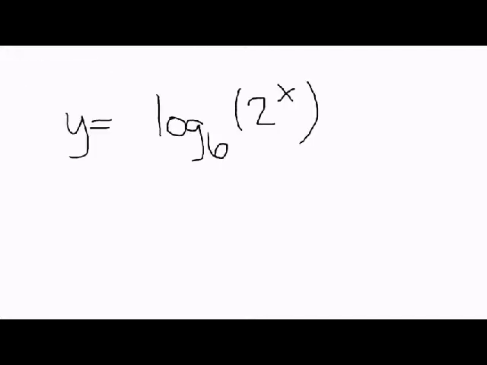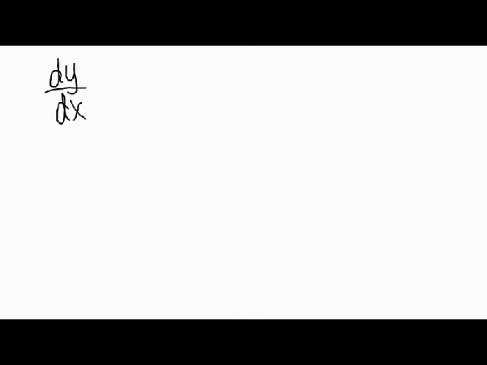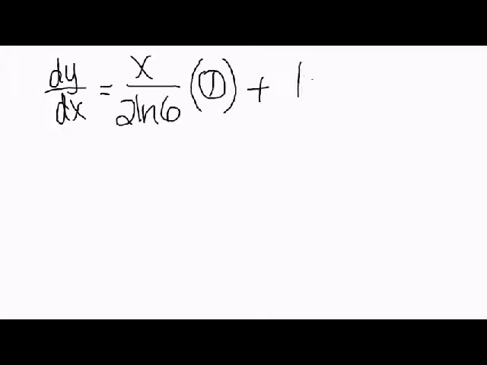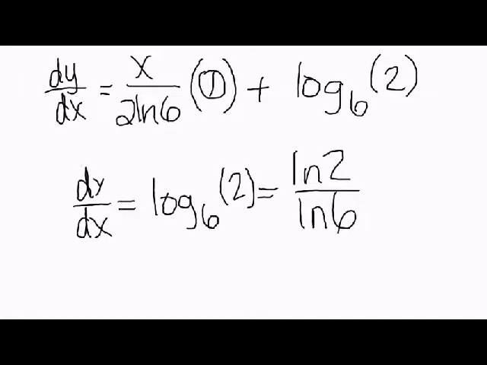The second way is to use one of the logarithmic properties, where we can move the x down into the coefficient spot, and we have y equals x log base 6 of 2. So we must use the product rule. So we take 1d2 plus 2d1, and that results in x over 2 times natural log of 6 multiplied by the derivative. So dy dx equals log base 6 of 2. We can also use the change of bases, which